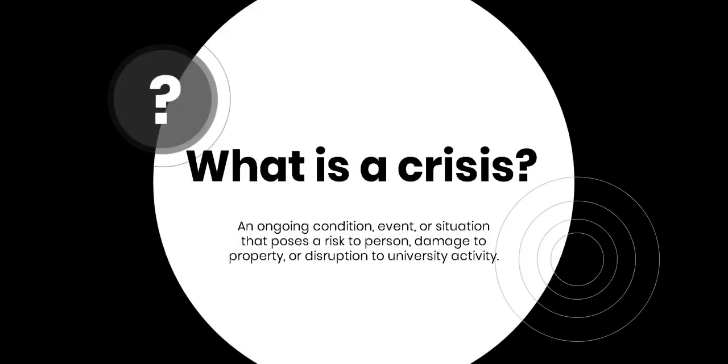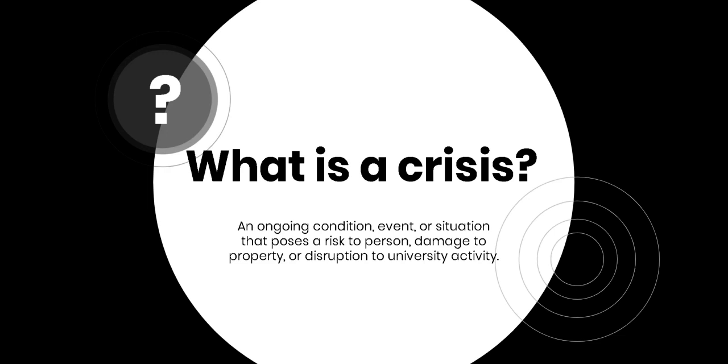Starting with what is a crisis: a crisis is an ongoing condition, event, or situation that poses a risk to person, damage to property, or disruption to a university activity. Another way to think of a crisis is an ongoing emergency. So a lot of times in an emergency, you'll have professional staff and first responders taking the lead. But because a crisis is ongoing, that's when we're going to be asking you as a resident assistant to help out with things like crowd control, getting people connected to the resources that they need, letting EMTs into the building,